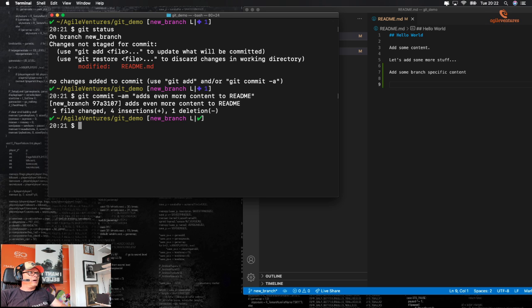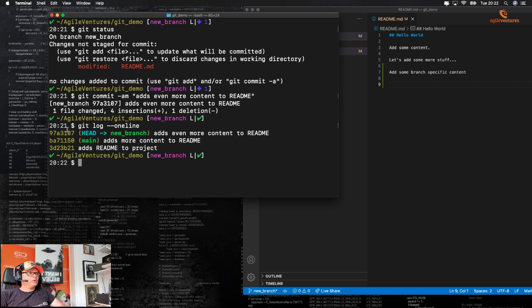Right, and so now if we do git log one line, we can see now that we have 3 commits on this one, right? The first one that we created on the main branch, and the second one also on the main branch. And then we have something called a head, which is like the top of the spear, and that is present here on this particular log. But here comes the thing now, that if I now check out main again